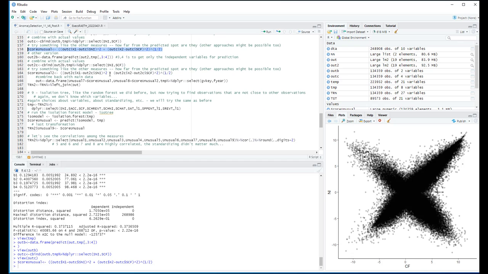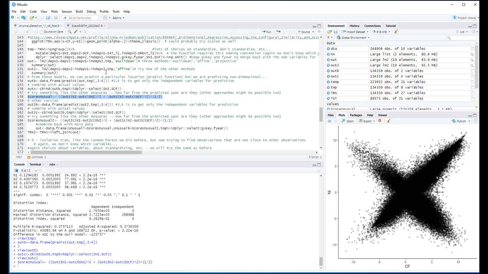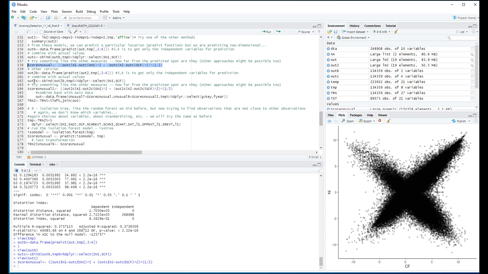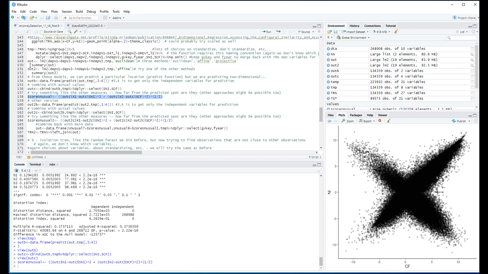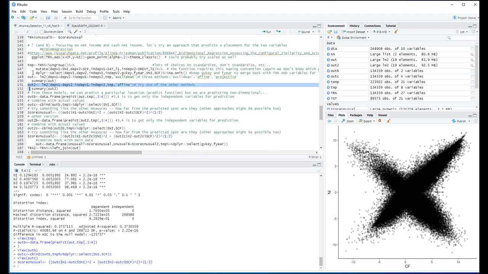So we'll do the other one that is exactly the same. The only difference is we are going to use the standardized versions. So up here where I created the